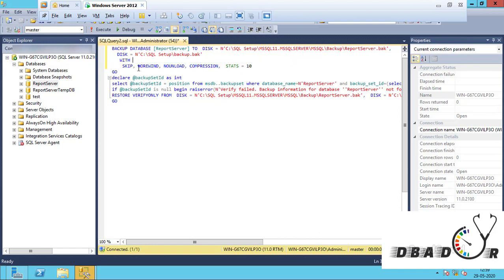Skip means if anything goes down, like the no rewind options we have selected. These are all very in-depth knowledge which I'm sharing with you. I hope you enjoy this. So